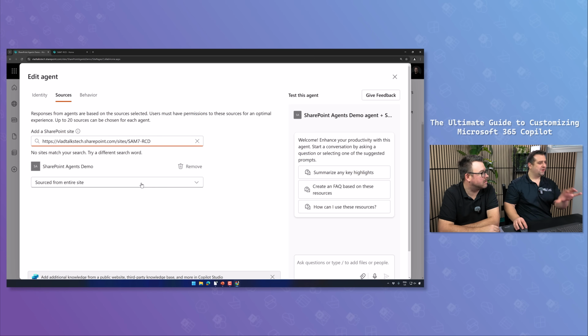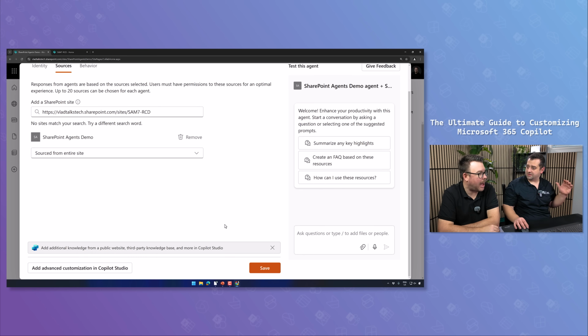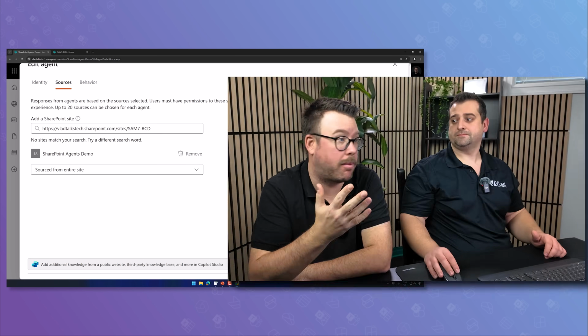The permission way, the way that I did it here, I tested it for you, is not the official or recommended way. It works, but you shouldn't do it. Did I miss anything else for agents in SharePoint? I don't think so. I think that's a great coverage of the capabilities, and I'm really looking forward to see